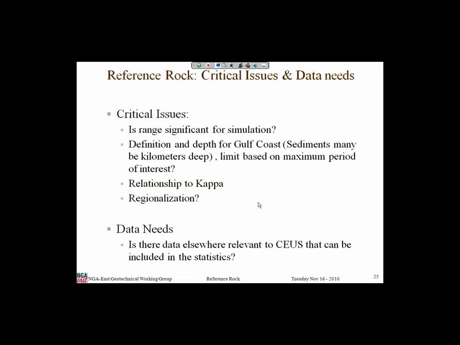Dave Boore, just following up on what Ken was saying, actually it's the path working group that has to deal with the crustal structure, because the simulations are going to be done for different crustal structures. But I just did a simple calculation of square root of impedance, and between 2.6 and 3.1 is like a 10% difference in amplification. So I don't think we're going to find it a very large effect overall. So I think we probably will not formally ask the simulation group, but we may have a single person deal with that. These are linear amplifications. We're not dealing with a lot of complicated things, and we can set that value.